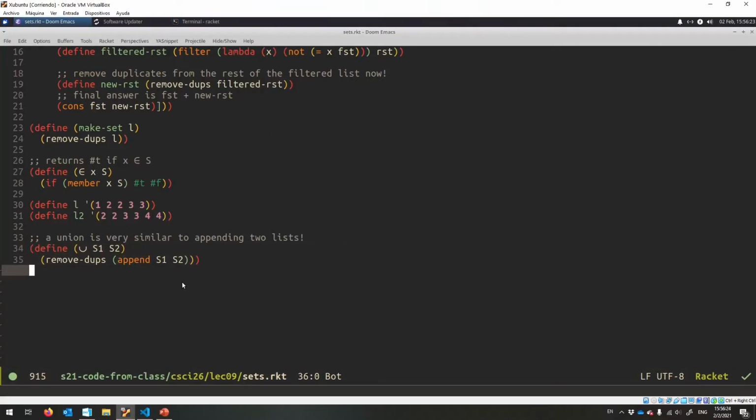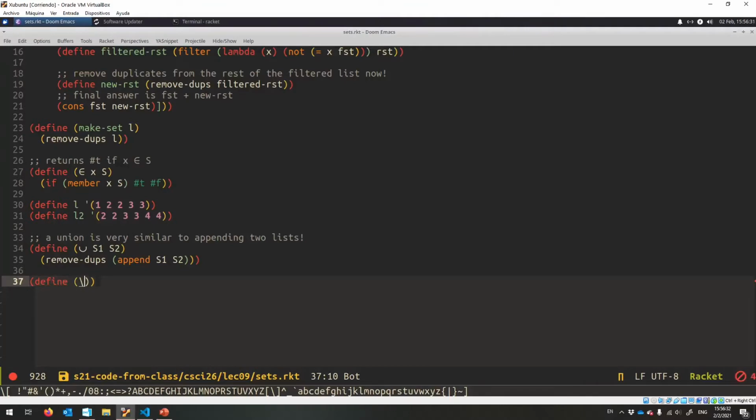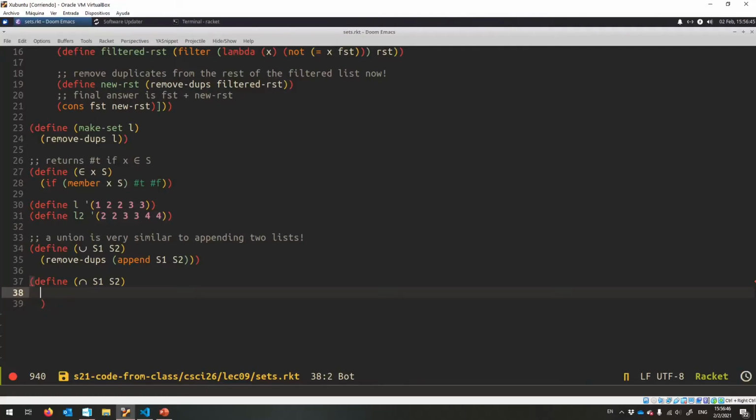And then intersection is going to be slightly more complicated. Okay, so define intersection of S1 and S2. Well, now we're going to have to make sure that it's there in both. So we're going to have to go through every element and make sure it's there in both. So let's get every element, and let's